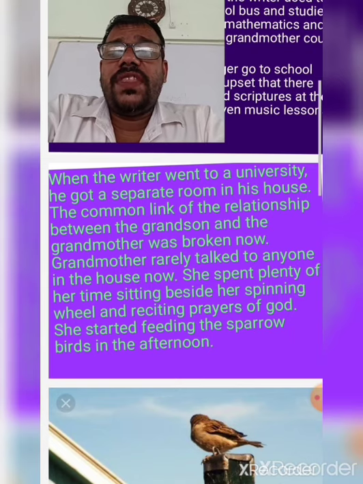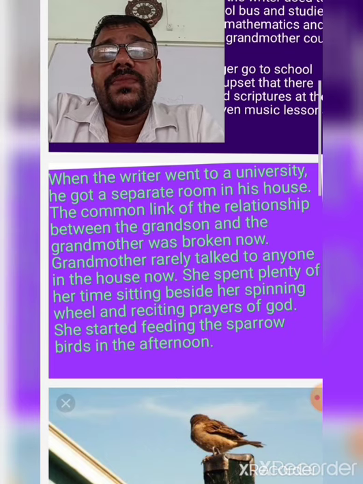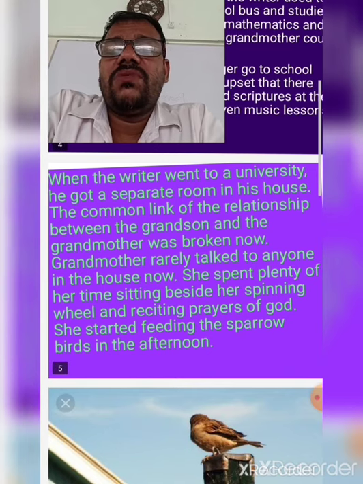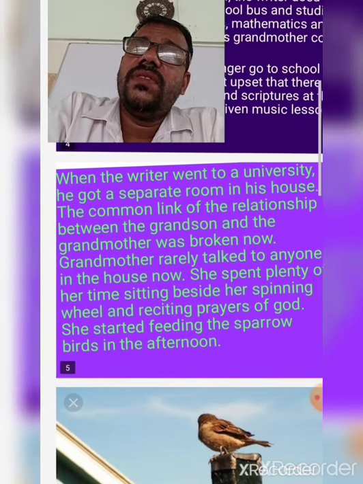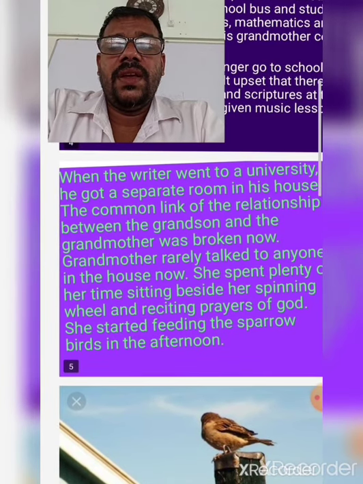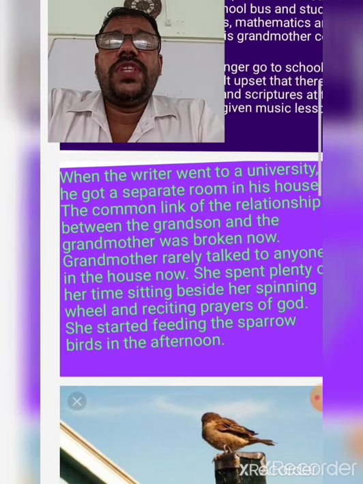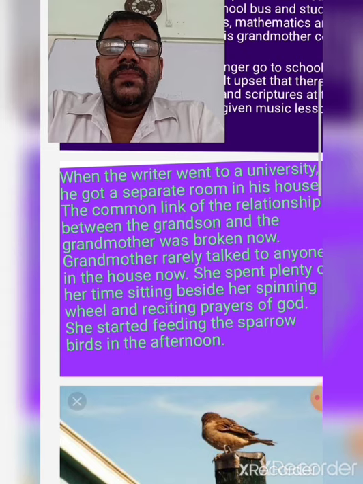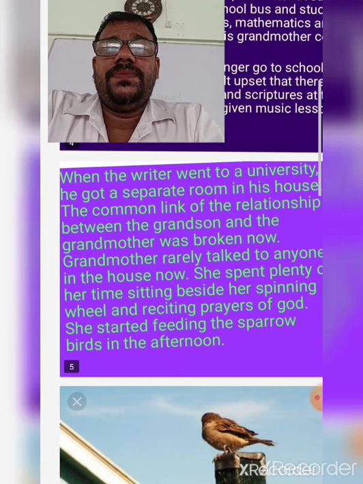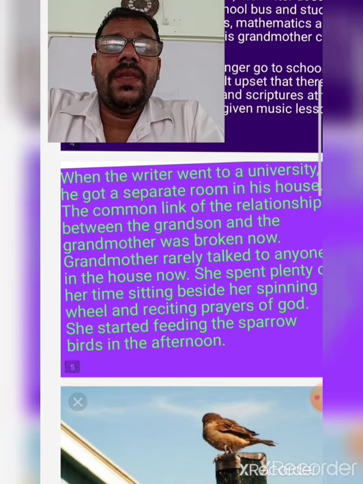The common link of the relationship between the grandson and the grandmother was broken now. Now the grandmother rarely talked to anyone in the house. Almost she is becoming silent in the house. So now what she does to pass the time is to sit beside her spinning wheel. She had a spinning wheel and she sat along with it